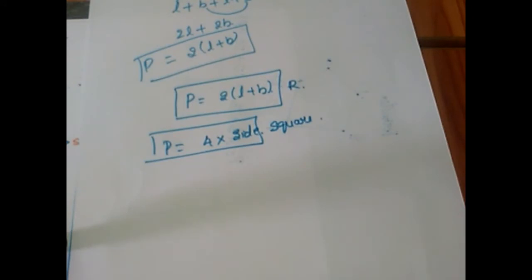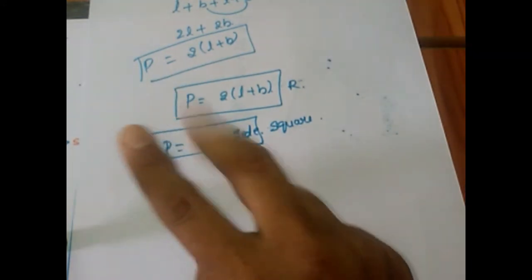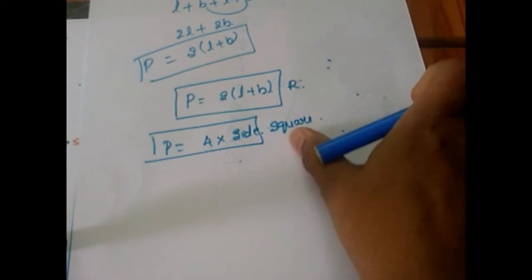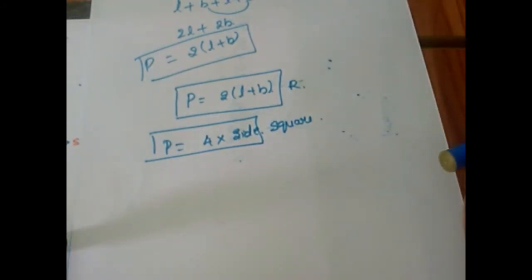Still we have perimeter of triangle and circle, so that we are not going to discuss this year. As the syllabus has been reduced, we are going to concentrate only on 2 figures. One is rectangle and the other is a square. Before we move on to the actual problems of the exercise, I'll have to make you sure with